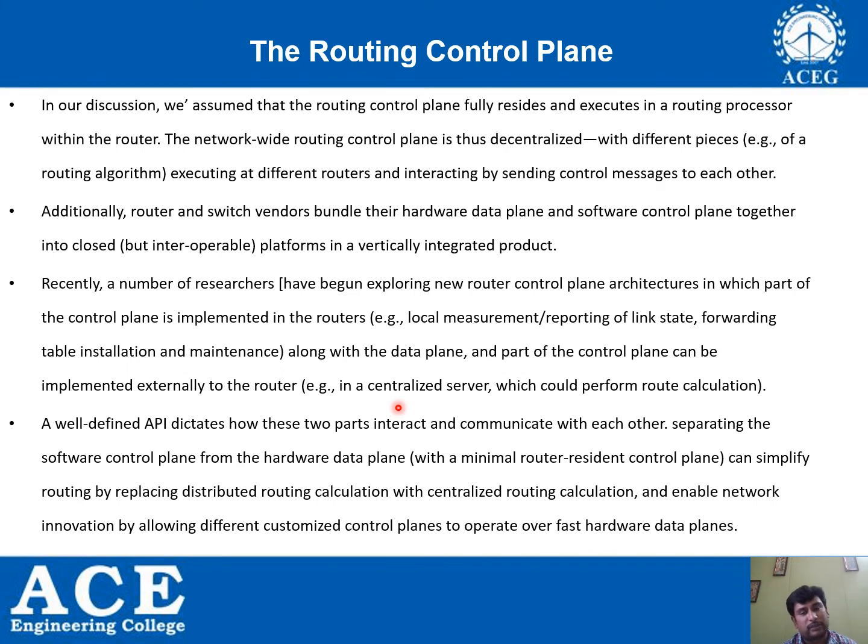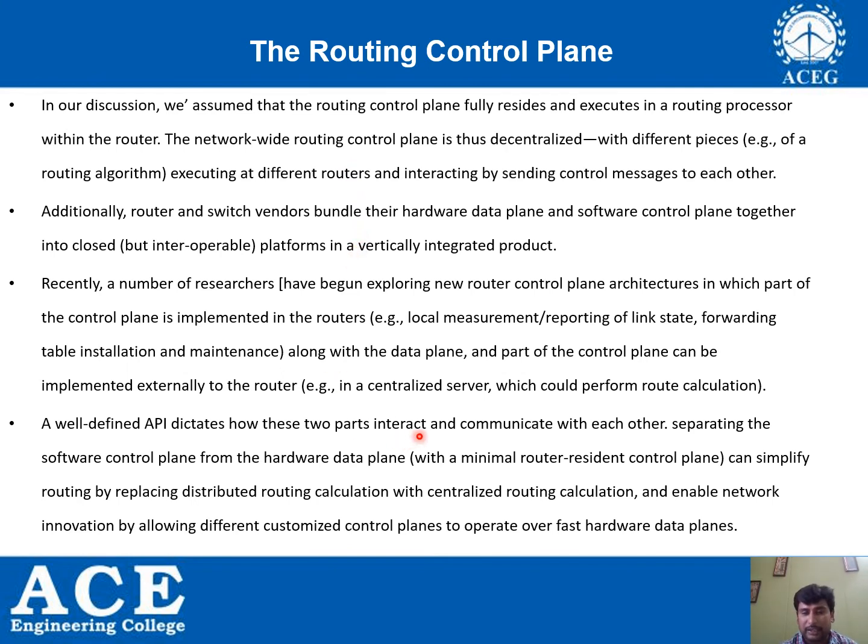For all the 10 routers we are assuming that it will be done in a centralized server, which could perform the route calculation. So if the control plane function is taken as 100%, some portion like 40 or 50% will be done inside the router and the remaining has to be done in the centralized server, and that will be common to all the routers which are part of that routing path. So a well-defined API indicates how these two parts, the control plane implemented in the router and the control plane implemented in the centralized server,